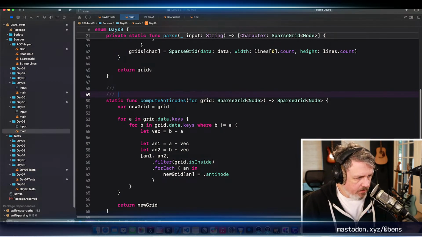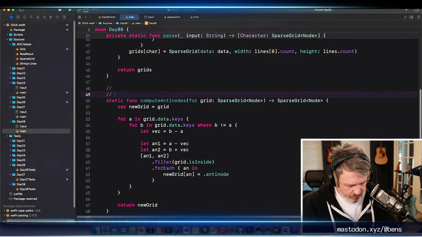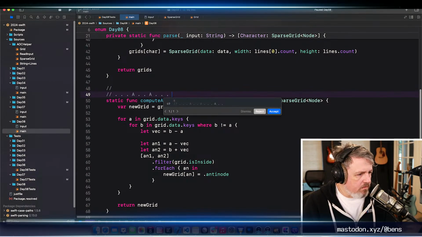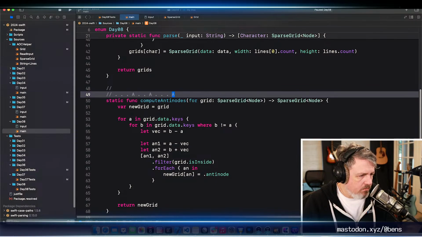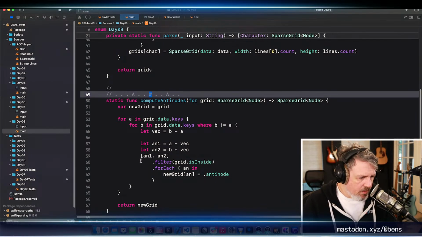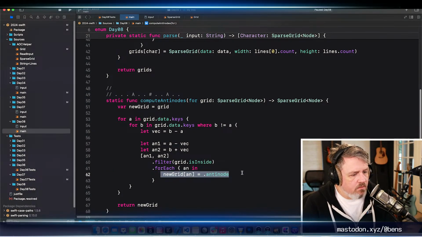So I have an A dot A dot A. No. Okay, like this. So if I had something like this, then there would be an antinode at the middle one. And at the moment, that would overwrite it.